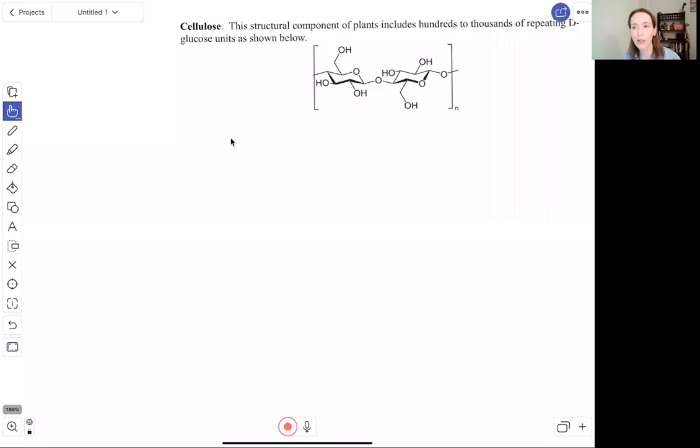So in getting started on this, what we have to think about is what we are going to do to link two monosaccharides together into a more complex carbohydrate structure. There are some fundamentals that we can think about as we look at this. Later on, we'll be using the structure of cellulose as an example, so I have that there on the screen for you. That is taken from the handout that you can find under modules for carbohydrates. Under module one of the handouts is carbohydrates, and you'll find that structure there